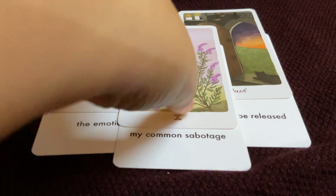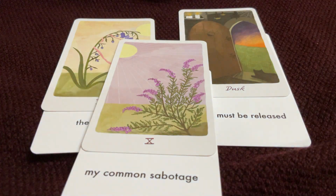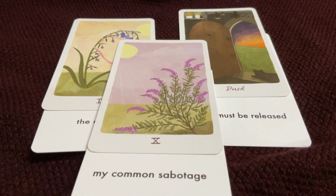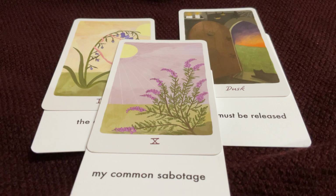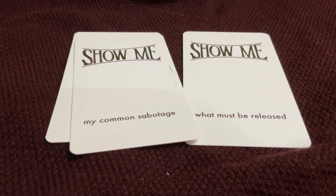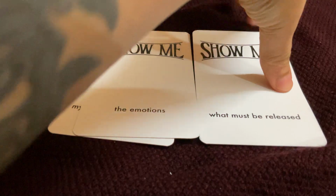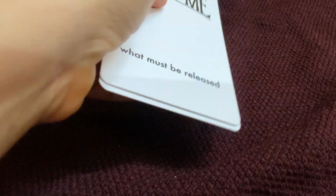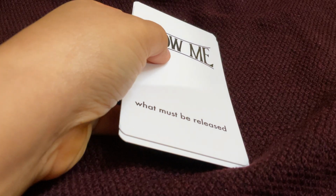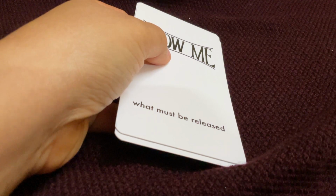So yeah, as you can see, we have addressed three separate cards, three amazing tarot cards we pulled as well, and it's given us a really good picture about what can be done or what should be done. So it's given us a good picture to work with, right? So this is basically how you use the Show Me deck, where you can build whatever spreads you want, and you don't have to do a blind pull if you don't want to. I certainly don't intend to do this as a blind pull deck. I want to create my spreads consciously,